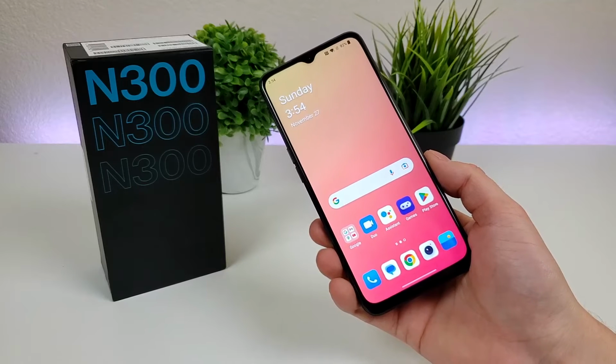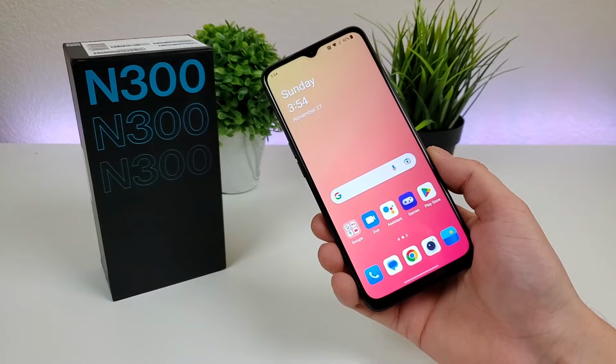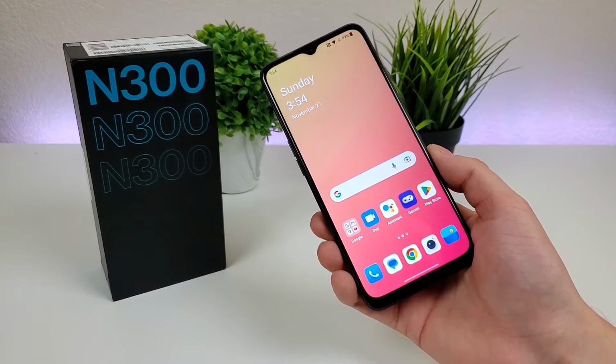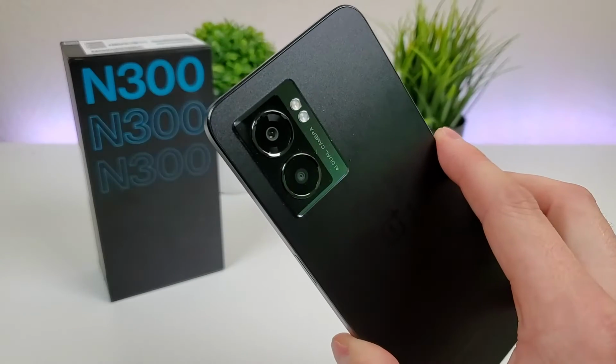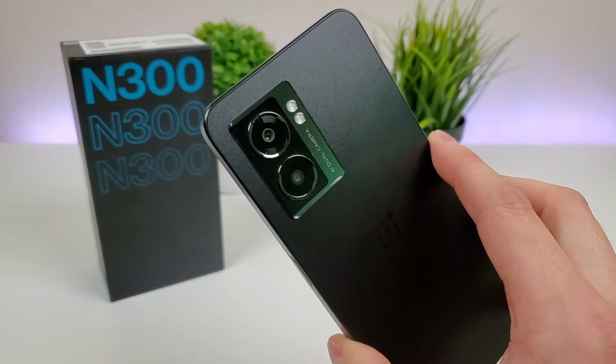What's going on, everyone? This is Kevin here, coming at you with OnePlus Nord N300 5G camera tips and tricks. So stay tuned if you want to learn how to get the most out of all the various cameras on